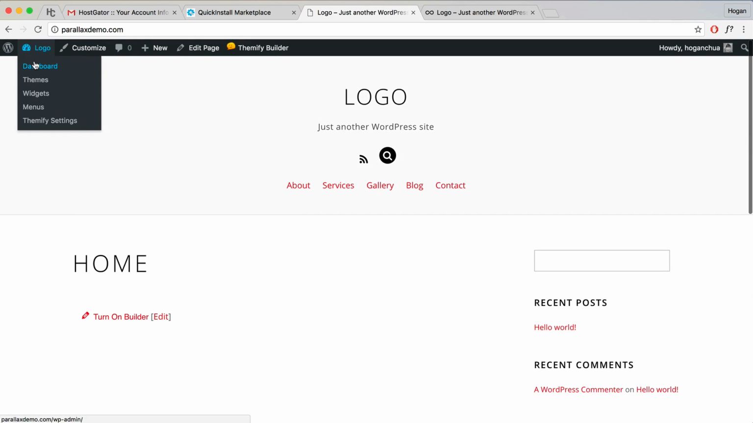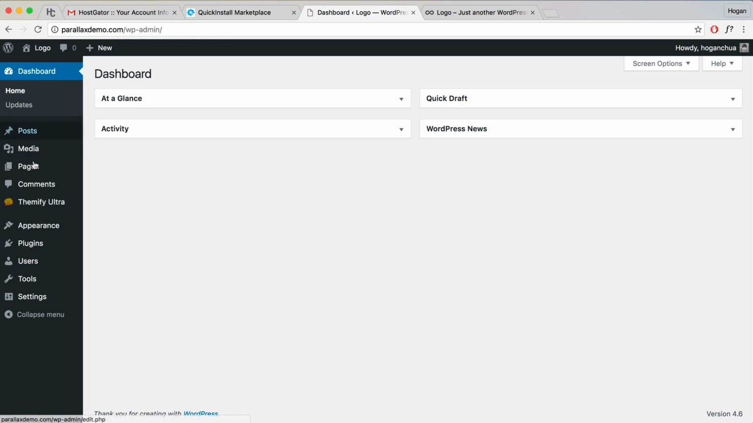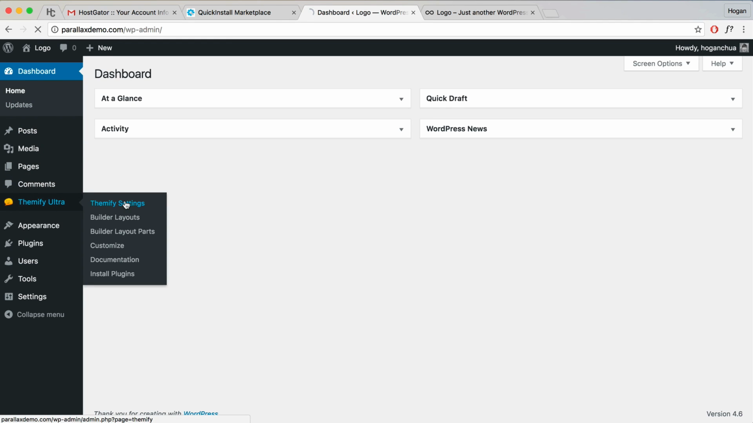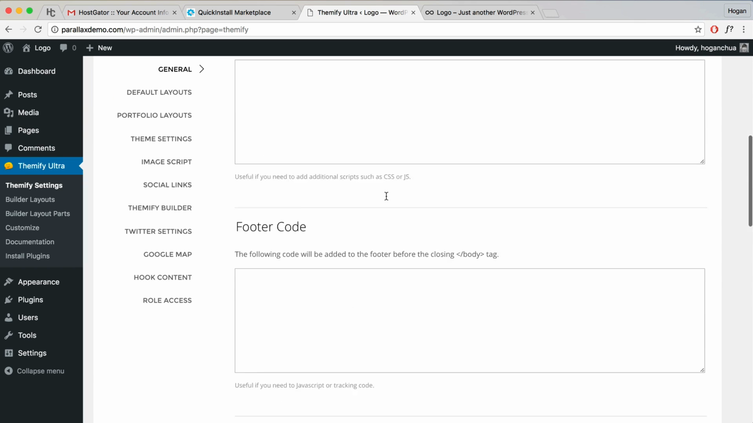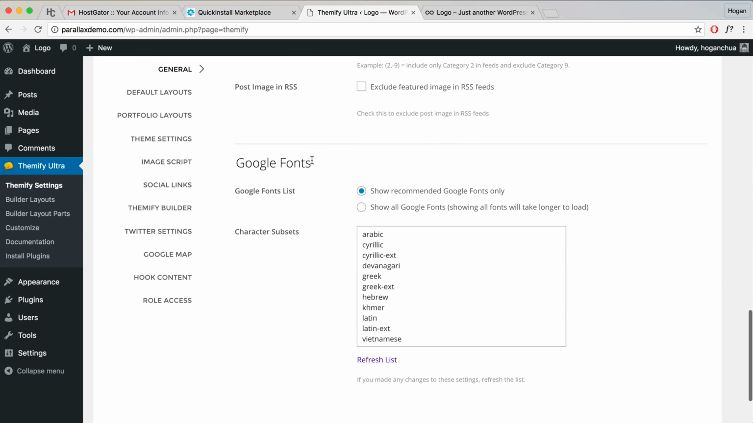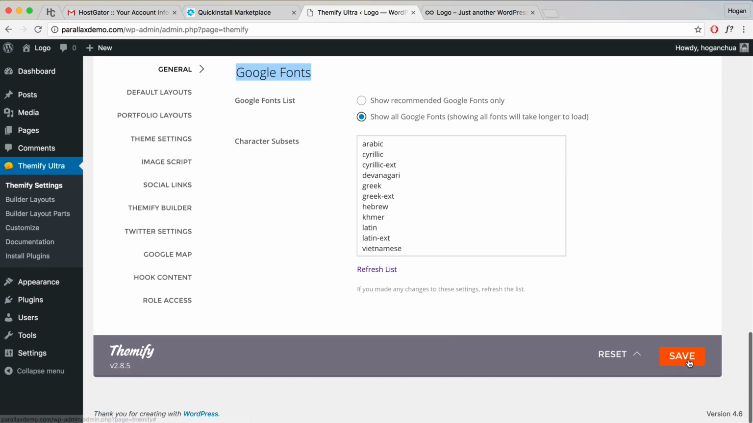Okay, so what we're going to do is go back to our dashboard, hover over Themify Ultra, click on Themify settings, and then the first thing I want you to do is scroll down, and for the Google fonts, I want you to select show all Google fonts. Okay, so it will show more fonts that you can use for your website. So you can click on save,